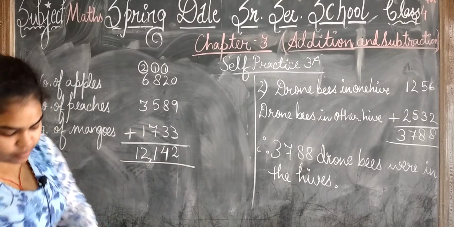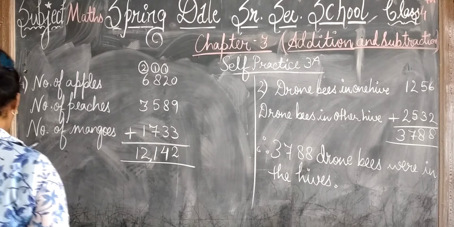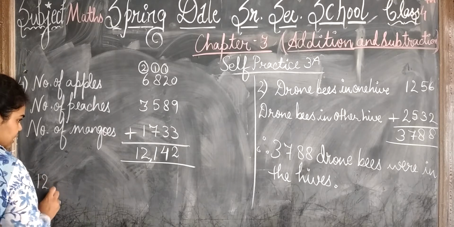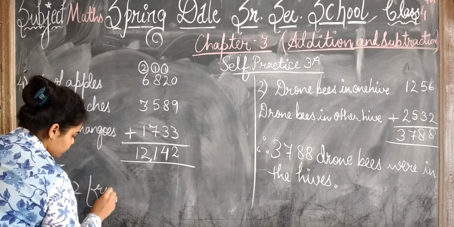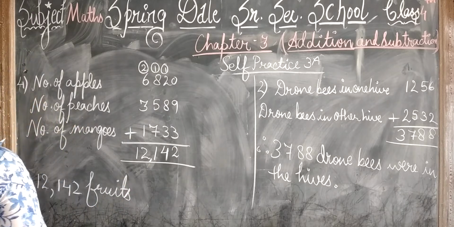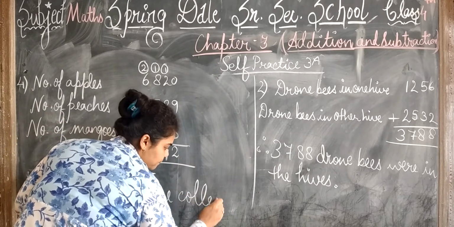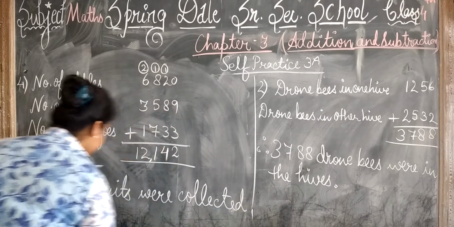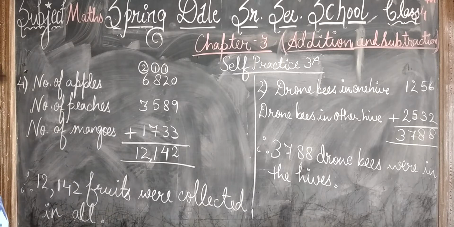12,142. So children, what will you write? Therefore, 12,142 fruits were collected in all. Okay children, I hope this question number 4 is clear to you, that there were 3 fruits which were given to us,